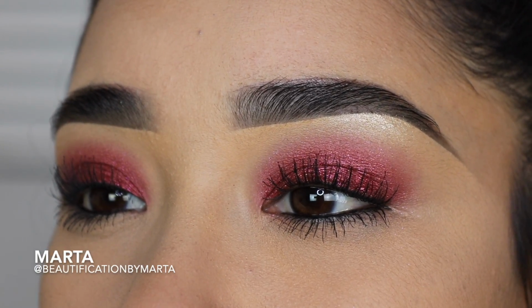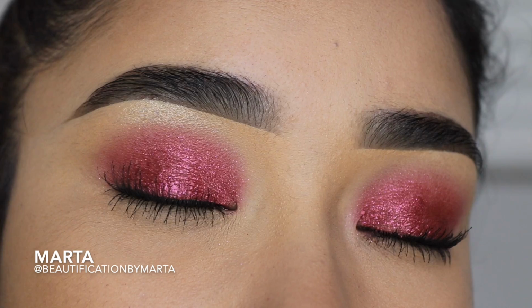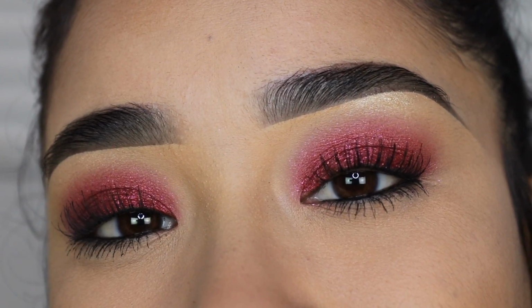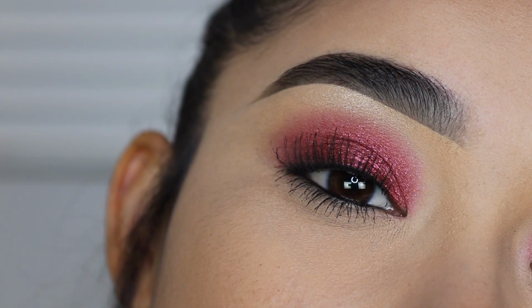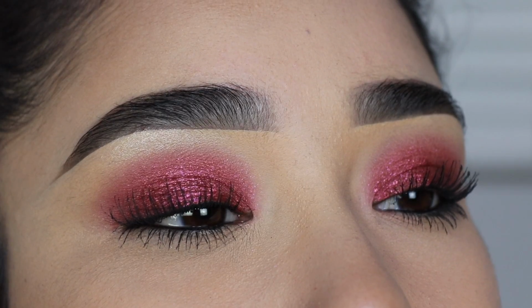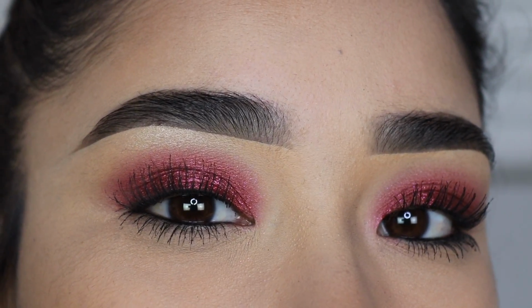In today's video, I will show you the easiest way to apply eyeshadows and make the colors pop. I also didn't apply fake eyelashes to make this look very easy and simple, so it's perfect for beginners. And it can be for literally any occasion, so I really hope you like this look and I hope this